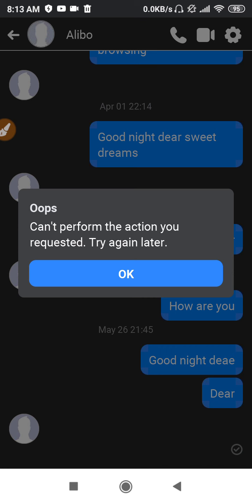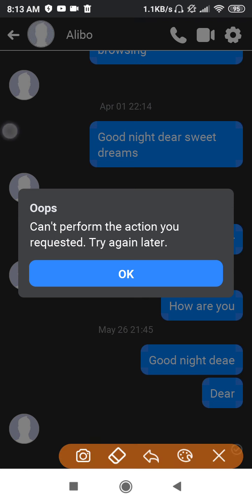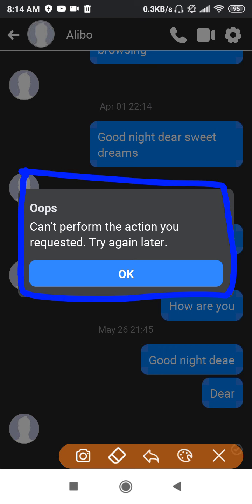And the fourth, which will be the last I guess, is if someone has deleted their account. Deactivating and deleting are actually not the same. Deleting an account is something different, and deactivating is something different; it can be temporary as well. So if someone has deleted their account, then also you will get this kind of error pop-up.